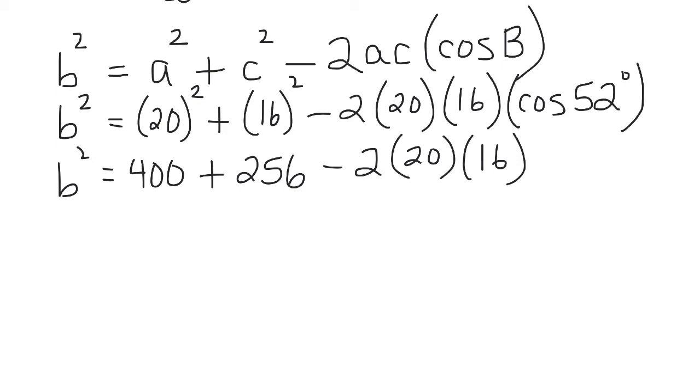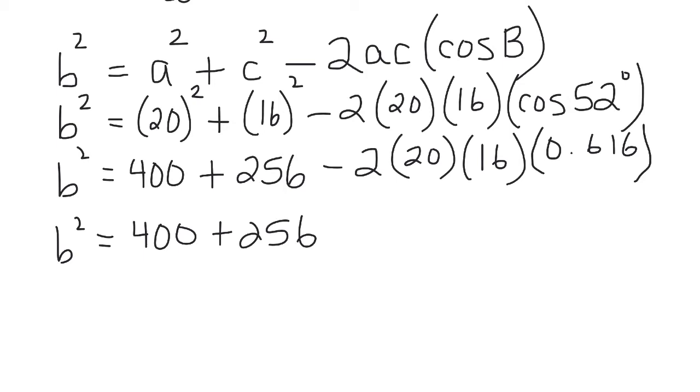So the cosine of 52 is going to give me a long decimal number. We are going to round our number off a little bit. Remember, we don't want to round too much because then our final answer will be a little off. So I'm going to choose to keep 3 decimal places when I round off my answer, and that's going to give me 0.616. Okay, so I'm going to recopy b squared equals 400 plus